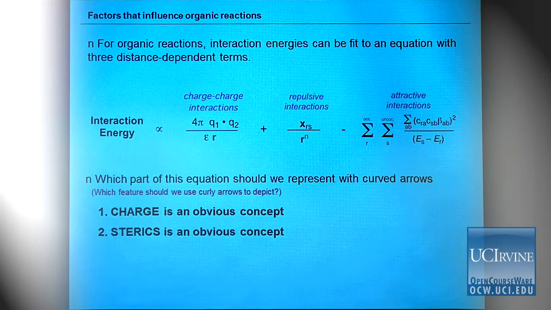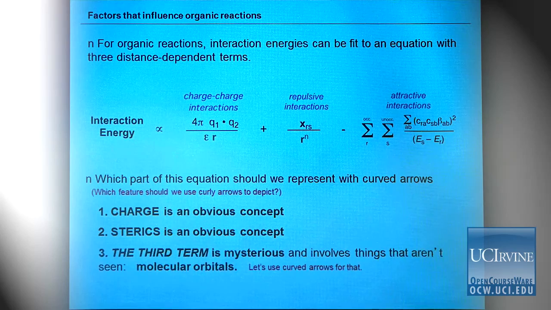We need arrow pushing to help us understand the things that are hard to see. And so there I would argue that it's the third term that's not so obvious. If we look in a little bit more detail at this third term, we can see these abbreviations here. That stands for occupied orbital interacting with unoccupied orbital. We can see some terms here that reflect the difference in energy of those orbitals, coefficients on the atoms, overlap of orbitals. This third term is mysterious and may not be familiar to you. And it involves things that we don't see, and that is molecular orbitals. When I drew those molecules for you for ethoxide interacting with t-butyl bromide, nowhere in there did I draw the molecular orbitals. And so